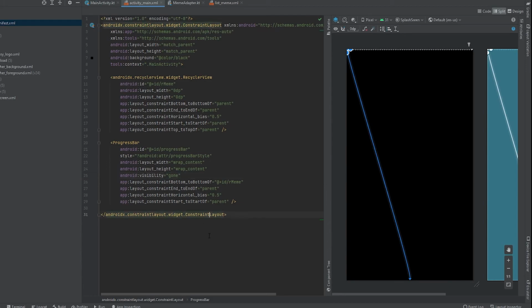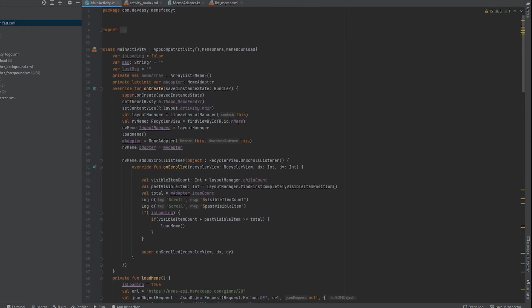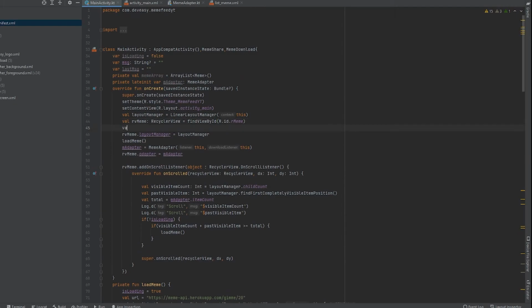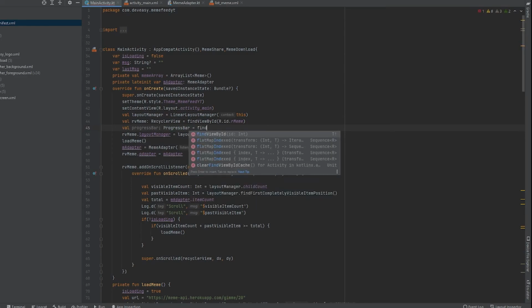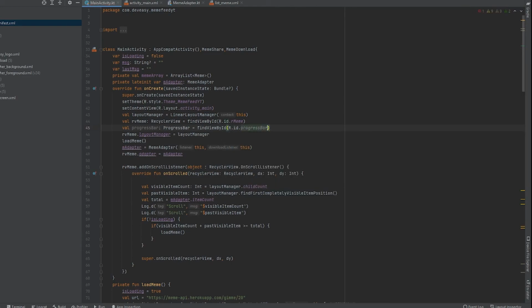So first it is gone, and then we'll go to our main activity. We need to refer to the progress bar, so I will create a val progressBar of type ProgressBar, that is equal to findViewById R.id.progressBar.